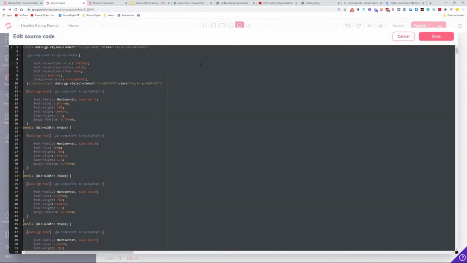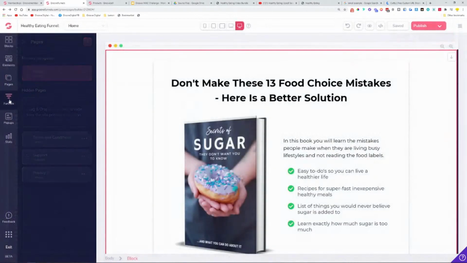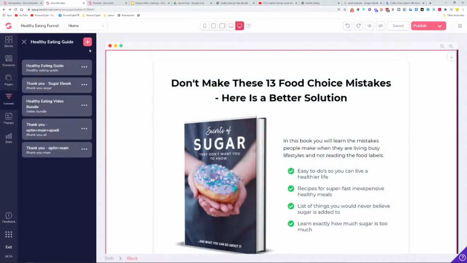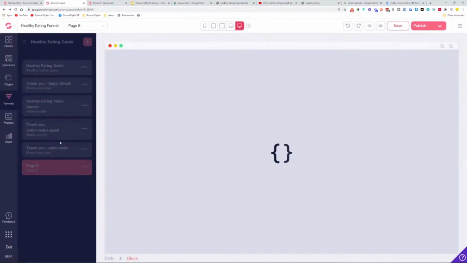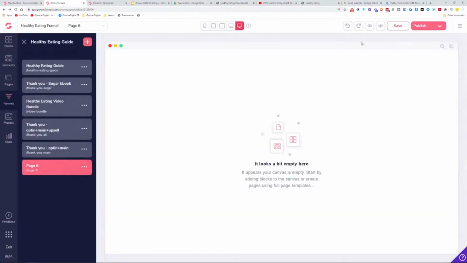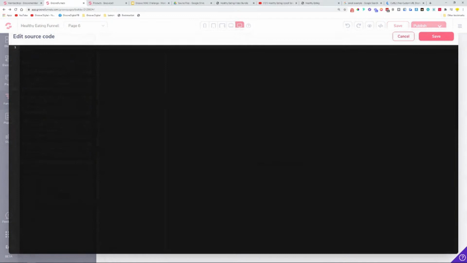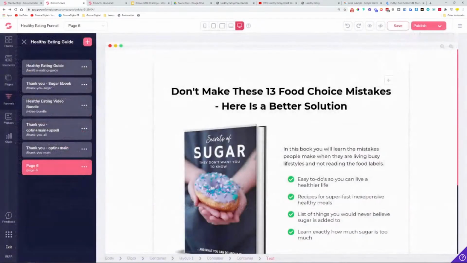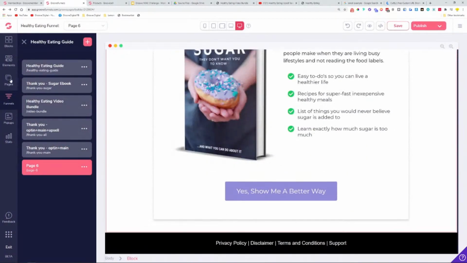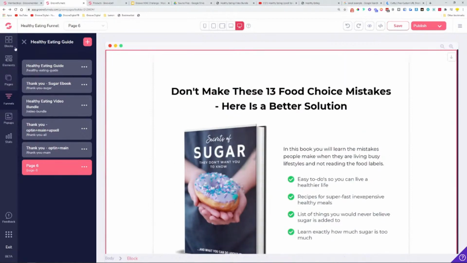You select the whole thing. Control A to select everything. You Control C to copy everything, and then you can just bring it over here to funnels. You create a new funnel from scratch over here, page 6. You come back to this source code and you paste it in here. Just transferred a page to a funnel over here, to a funnel page, and now we have it in here